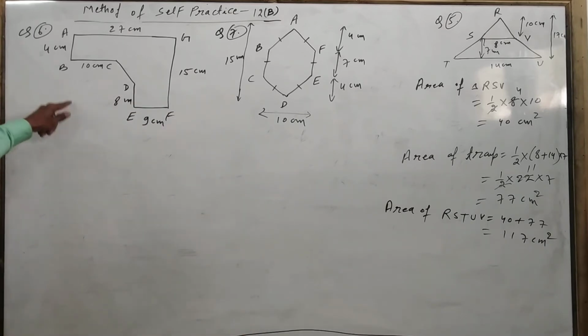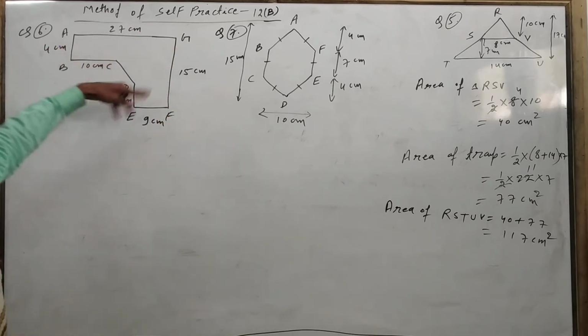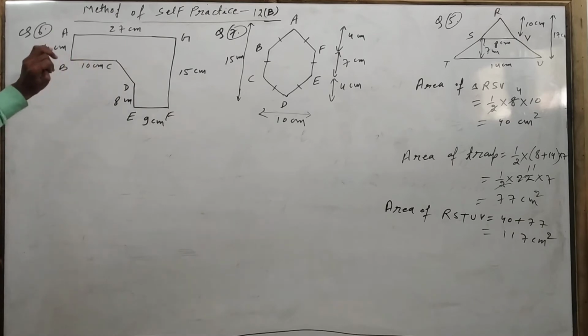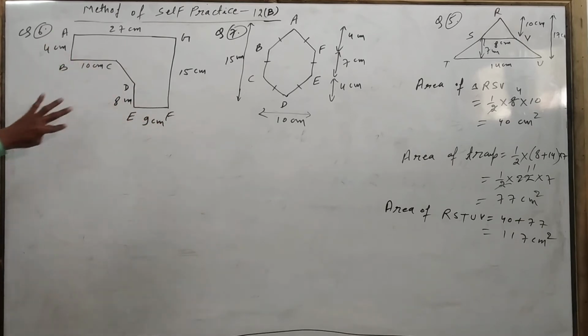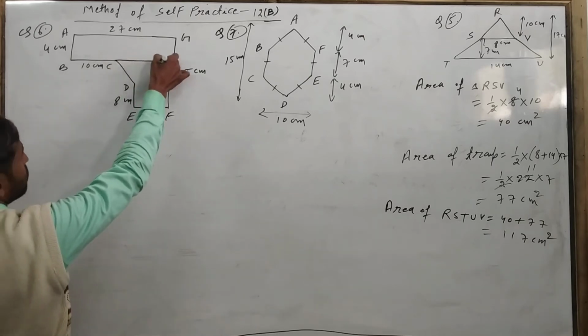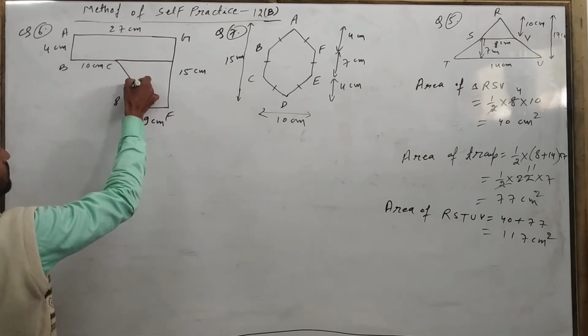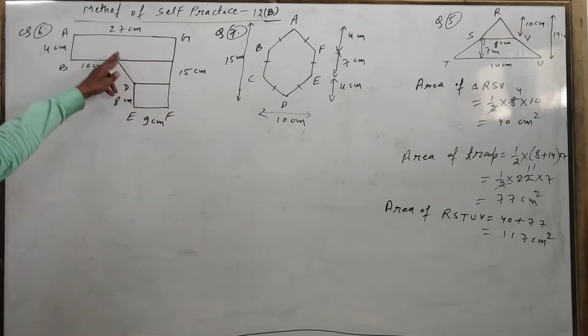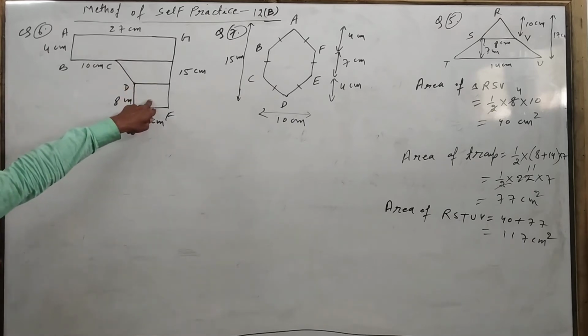Now we have to solve question number 6. Here the diagram is given, A, B, C, D, E, F, G. These are the figure. Here, how will we find the area of this figure? Here, a somewhat complicated diagram is given. How will you use the formula? Just you join this C here, just proceed from this one to this, and again just join to this. Then it is divided into three figures. Okay, this one is a rectangle, this one is a trapezium, and this one is again a rectangle.